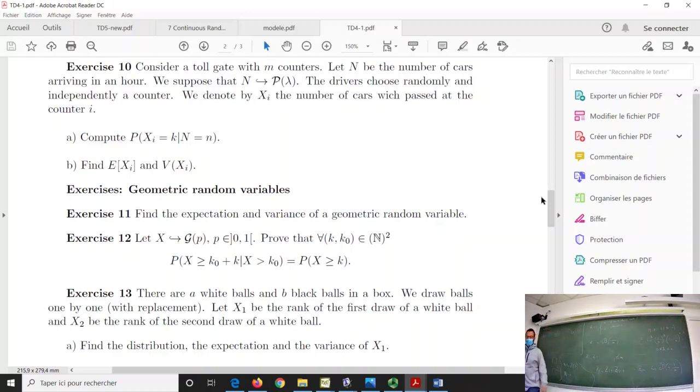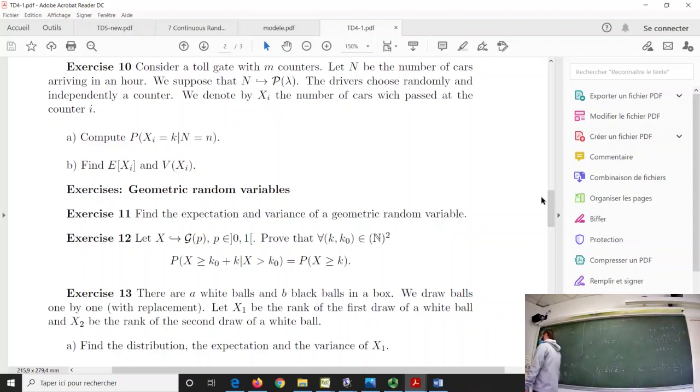Yes, just one question. I think I understand it. This condition that capital N equals small n, that's it, it's fixed. Yes, of course. When you want to compute this one, you consider capital N equal to small n. So capital N equal to 2, capital N equal to 3, or a fixed n, of course. In the second question, we are going to make this n move, because I know that n can take any kind of value, 1, 2, 3, 0.